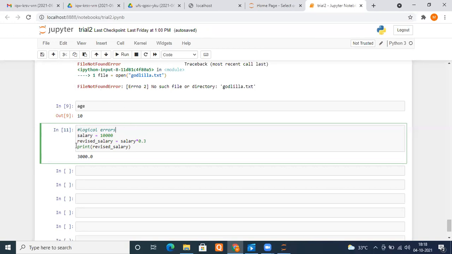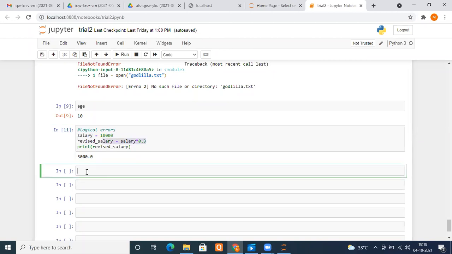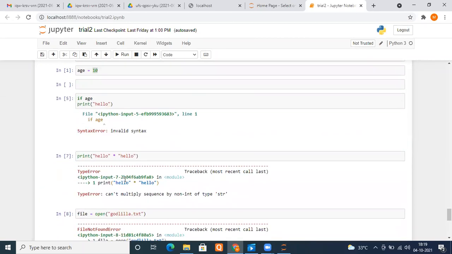It is the simplest type of error in which you can't see where the error is. You have to just troubleshoot it. You have to debug your code and check where my logic went wrong. Otherwise, syntactically there is no error. This is one kind of error, that is logical errors, right? We can see that we don't find any error in the code, perfectly working, but logic was wrong, so I got a wrong result. Second kind of error, which you just saw here, for example,